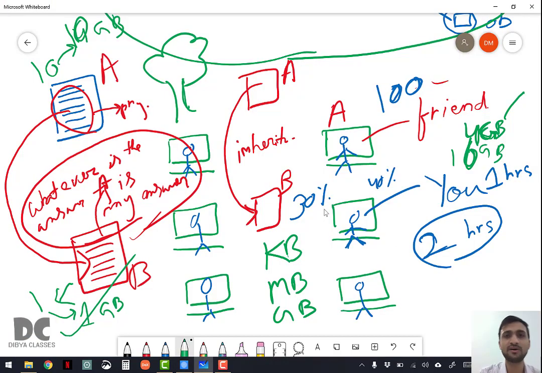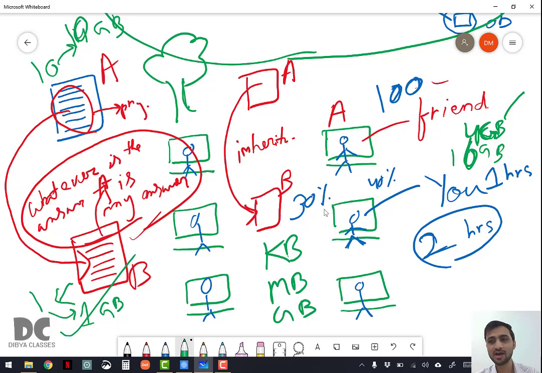He took 2 hours to write this paper because it was a 2 hour exam. How much time do you need just to write whatever is the answer of A is my answer? I think 10 seconds. So you are saving time. And what will you do for the rest, almost 2 hours? You will see who is writing what, who is cheating from whom, the teacher is scolding whom. You will look through the window, the vehicles, the birds, the trees, and you will enjoy the nature and everything, because you have plenty of time, because you have already inherited everything and you have saved your valuable time in seeing the birds, the trees, the vehicles, the teachers and other students, and you're laughing about it.